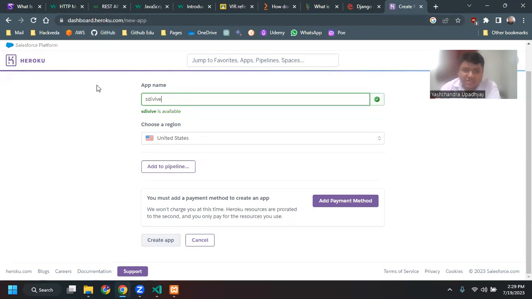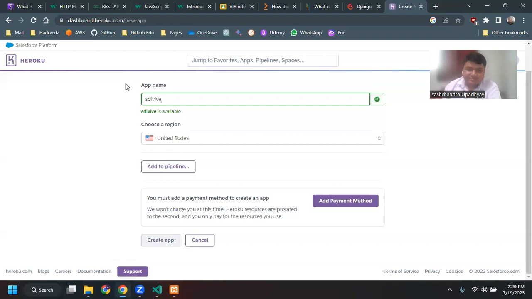What it will do is you will get a URL that I can share with you, and you will be able to go to that URL and use the website that I have created. Also, you can create your own website and deploy it yourself, and you can share your URL with me, or let us say your team member, to tell them this is how you have created the project and